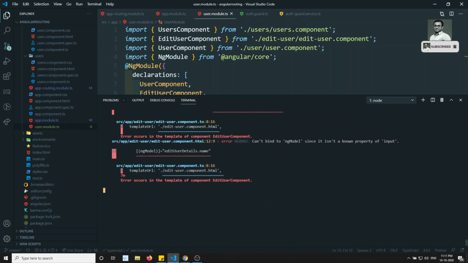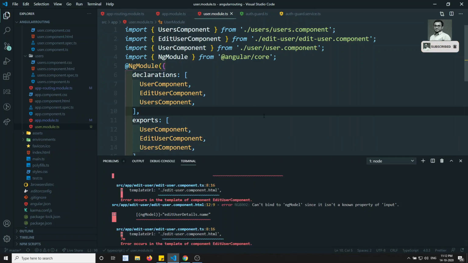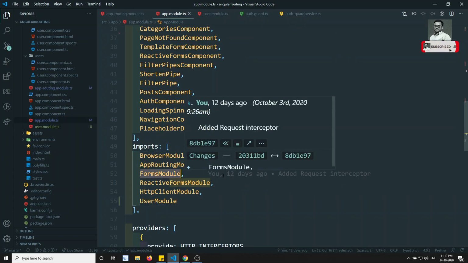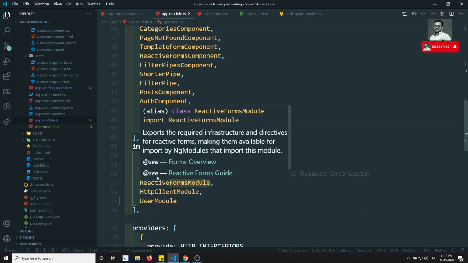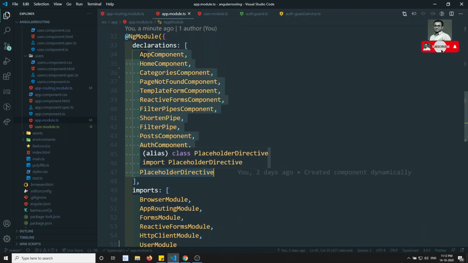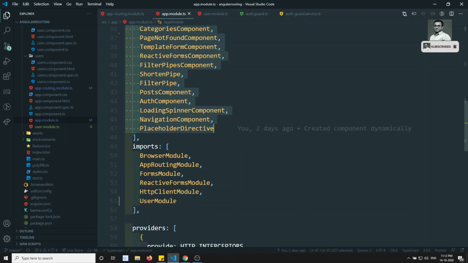Another thing you need to remember is ngModel. We are getting ngModel as an error. What is this ngModel then? The concept here is that we are getting ngModel as an error because of the forms module. ngModel and all those things are present in the forms module. You also remember one thing: whatever components are directly mentioned here will have access to the modules that were used here. So the forms module is used in the app module.